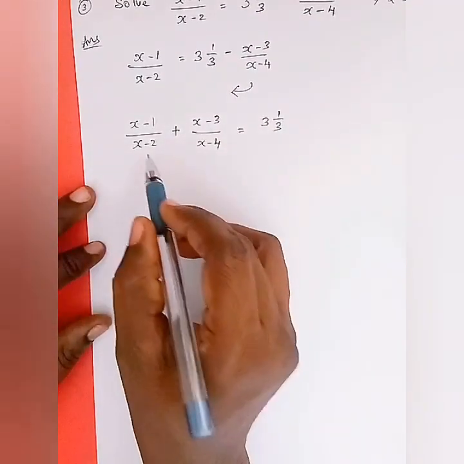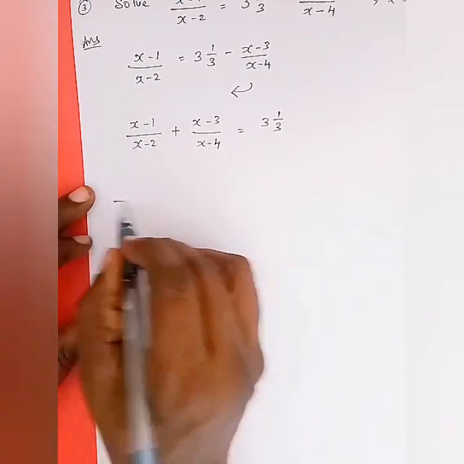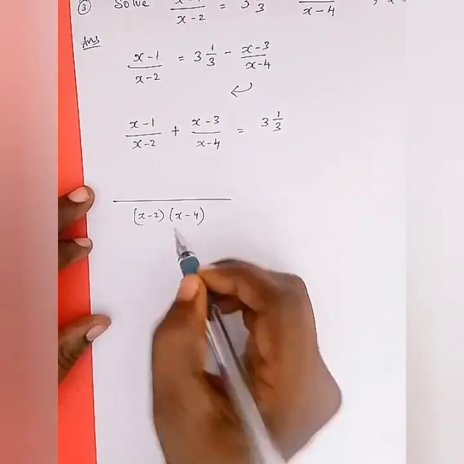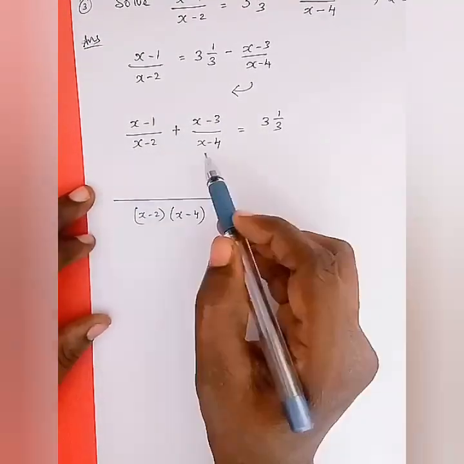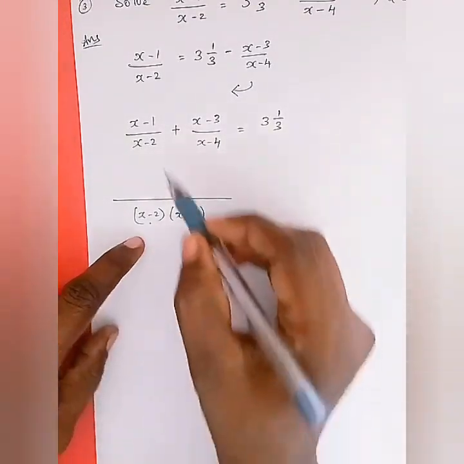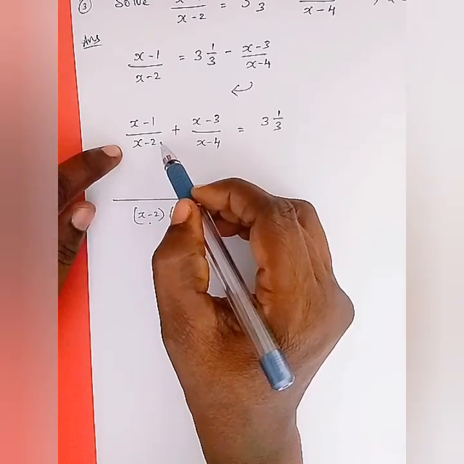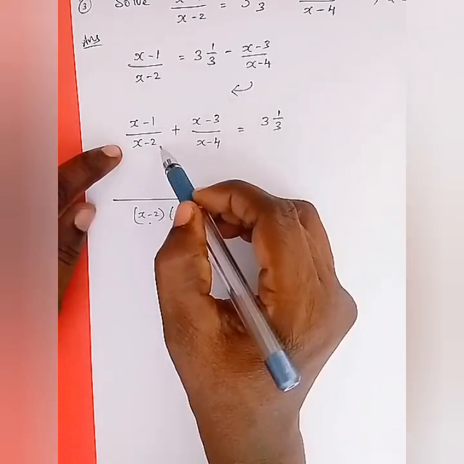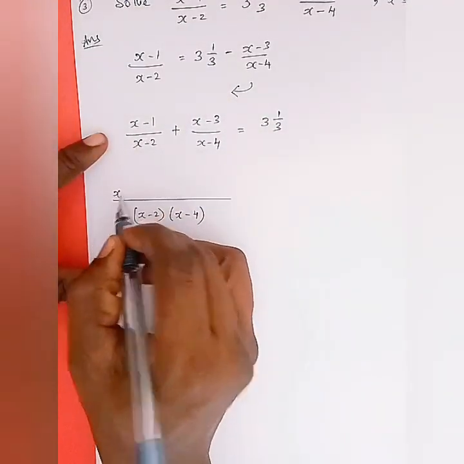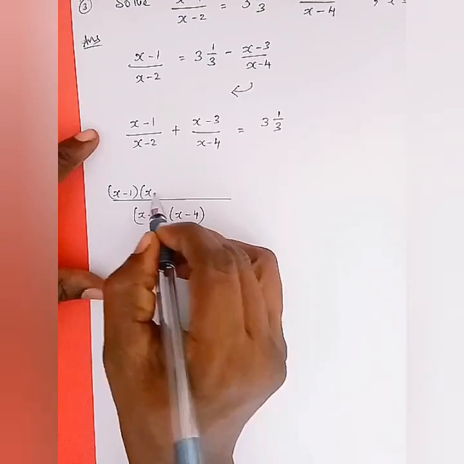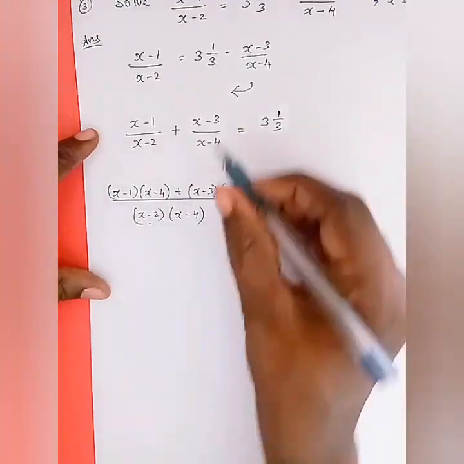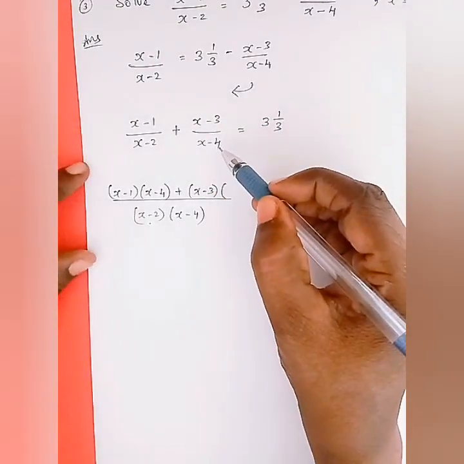Now what we can do, in the left hand side you can take LCM. So LCM is nothing but x minus 2 into x minus 4, because nothing is common. Here the denominator is x minus 2. So if you multiply by x minus 4 only, you will get the LCM. So the numerator also you should multiply by x minus 4. So that is (x minus 1) into (x minus 4) plus (x minus 3) into,